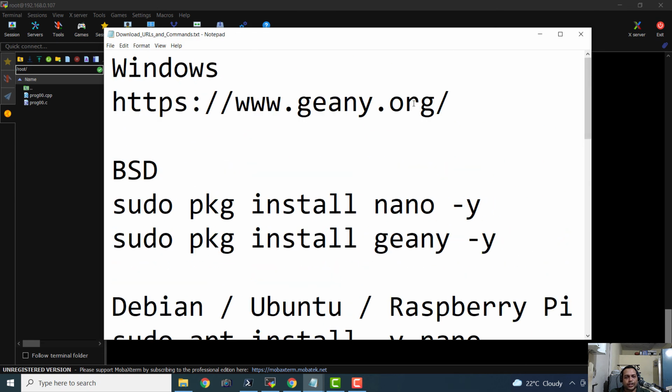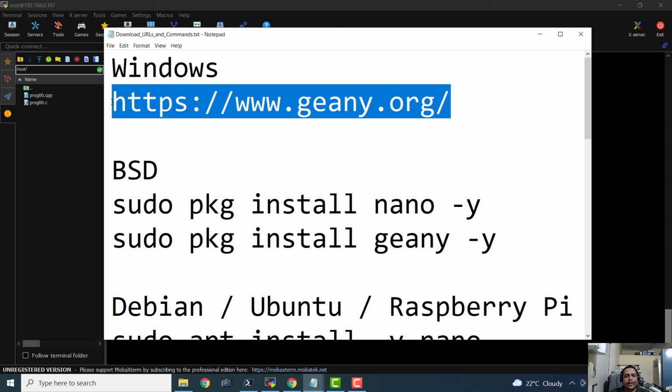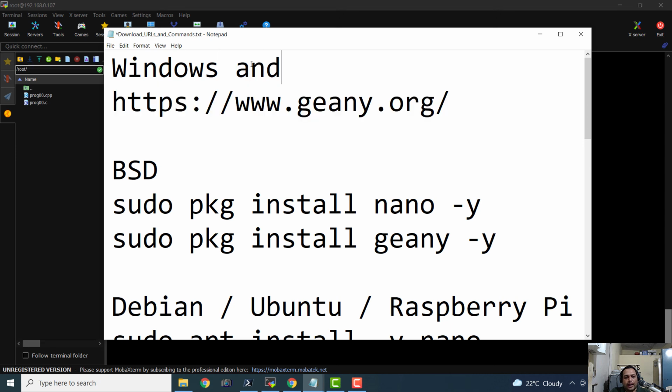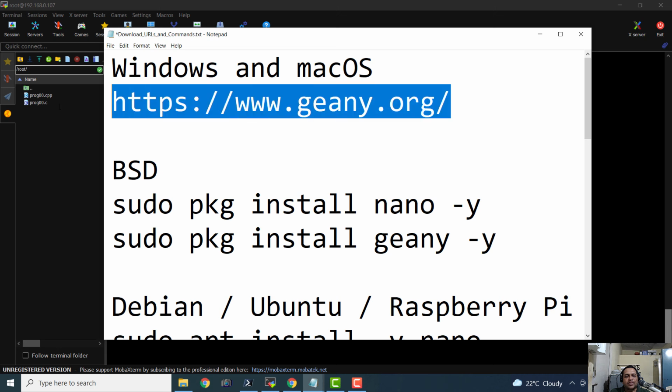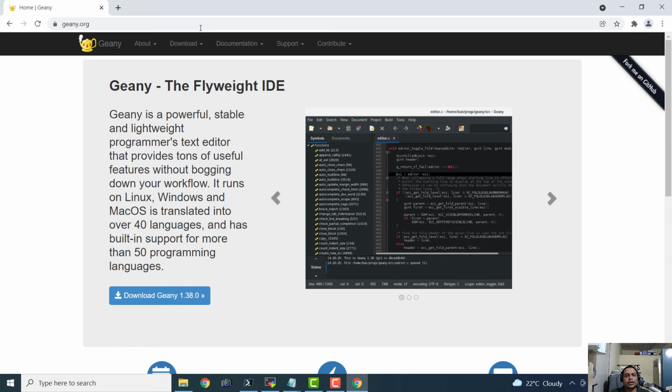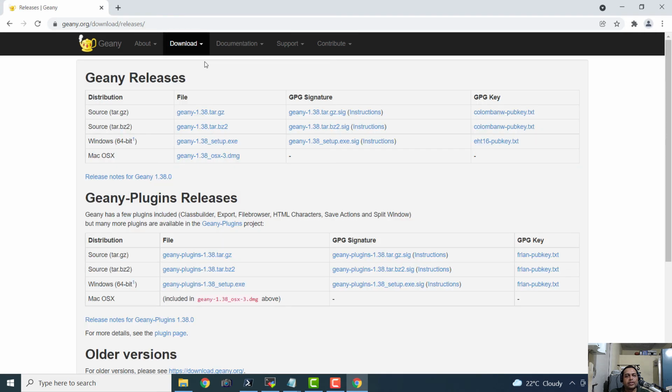The first one is Geany, and you can install that editor for Windows and macOS by visiting this particular URL in your browser. So here in the download section, you will find the installables for Windows and macOS.